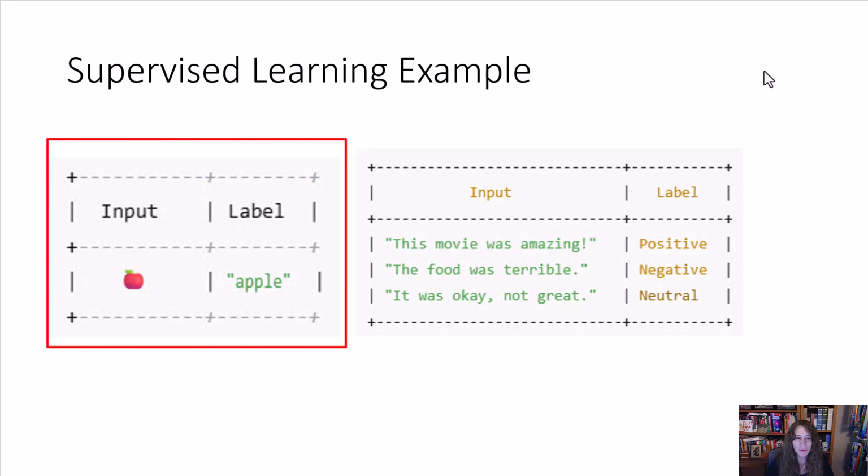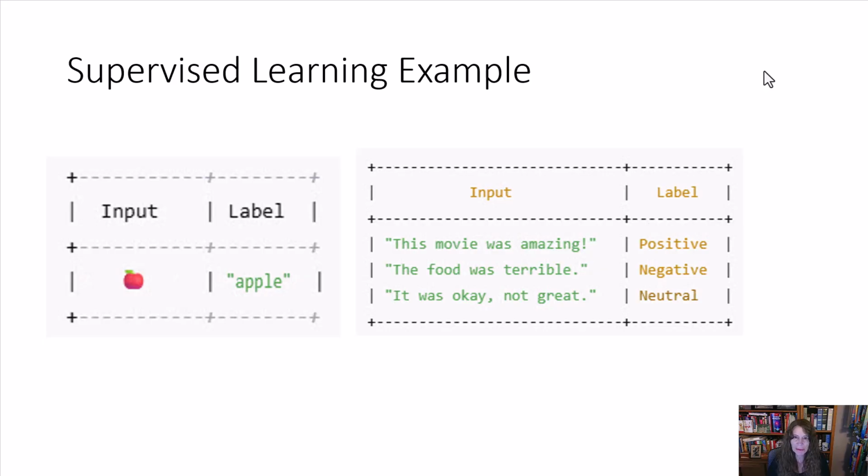This is a very simple example. If we want the computer to recognize what an apple looks like, we give it the input being a picture of the apple labeled with the word apple. Now, we would do this over and over again with a lot of different apple pictures, but with the same label. And over a period of time, if it recognized some variation in an apple, it would know that that's an apple. So by seeing multiple instances of this, it begins to learn what it is.